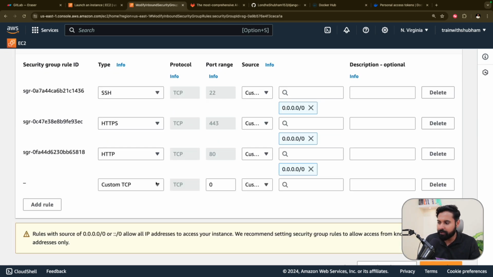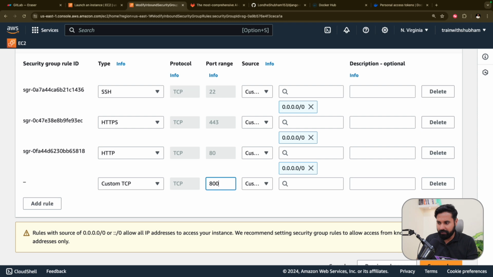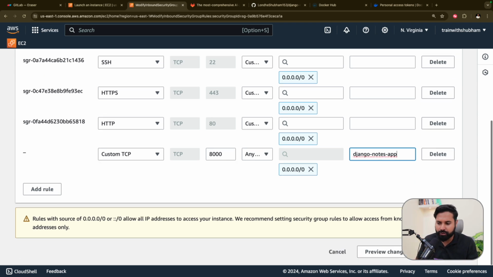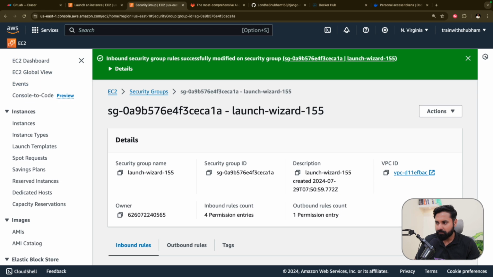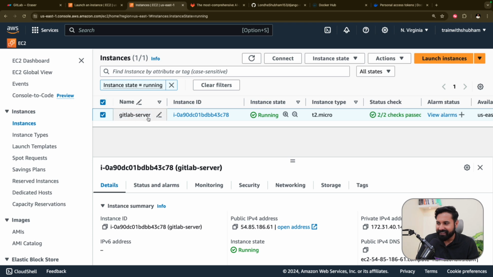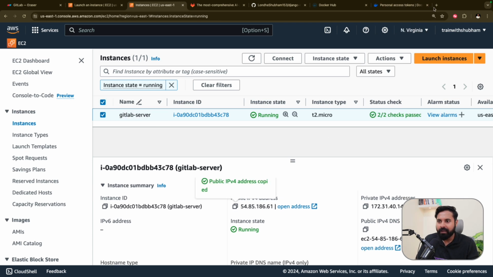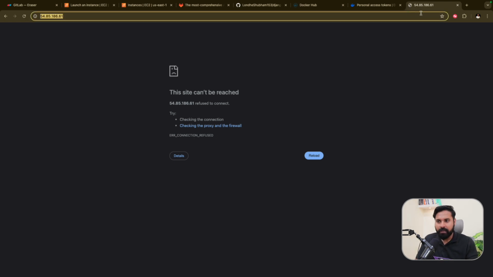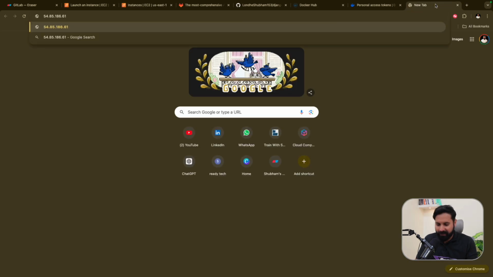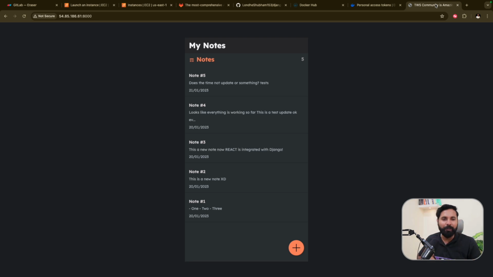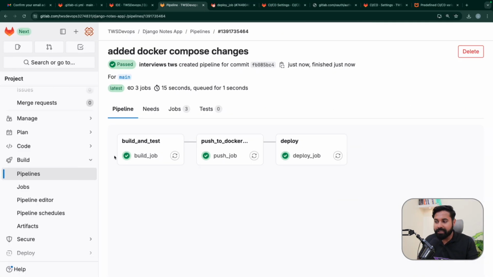So I'll just go and add a rule. I'll call it 8000. I'll give anywhere and call it Django Notes app. This is just a description which is optional. I'll save the rules and that's it. If I go to my EC2 instance and if I go to my GitLab server, my public IP, and you can see this. Oh, I did not put my port number. Let's take it again. And if I go to my port number 8000, my application is successfully deployed using GitLab